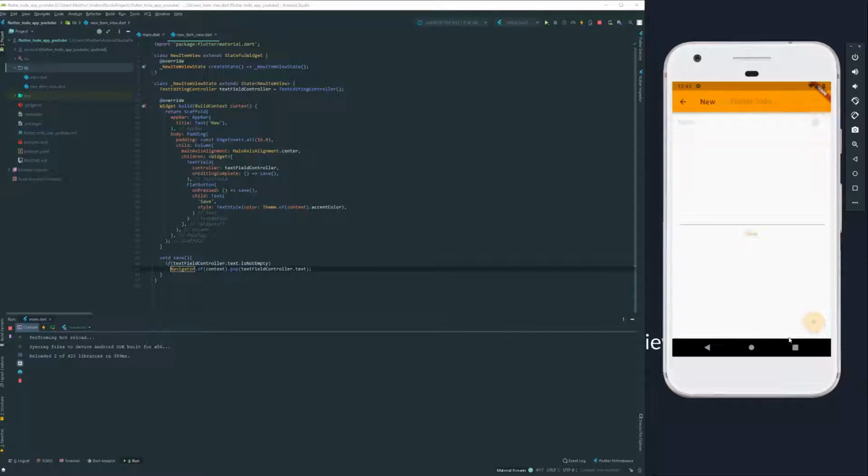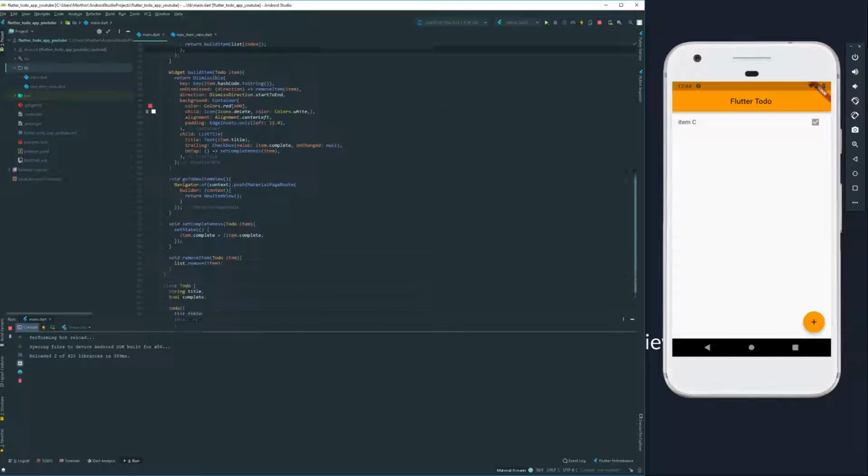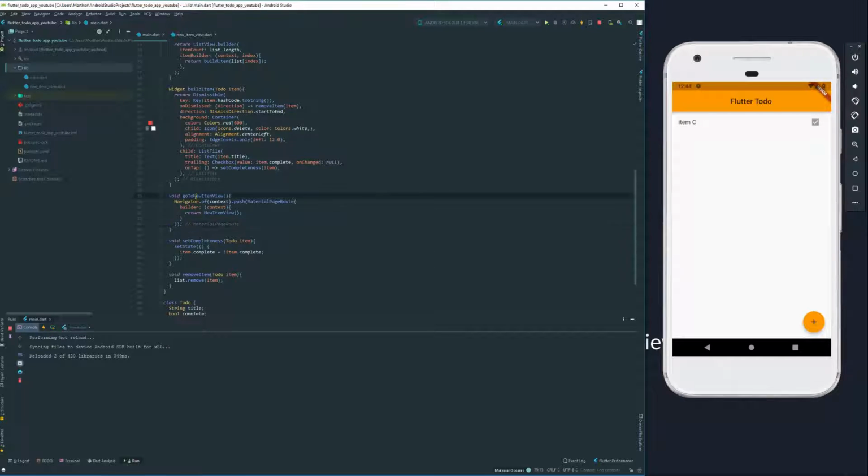Let's go here, let's go enter, click save. Oh, nothing happens, nothing happens. But if we click here, something happens. So now we have data and we're passing it back, but we're not making any use of it yet. We need to go here to our main file and we come here to our method, go to new item